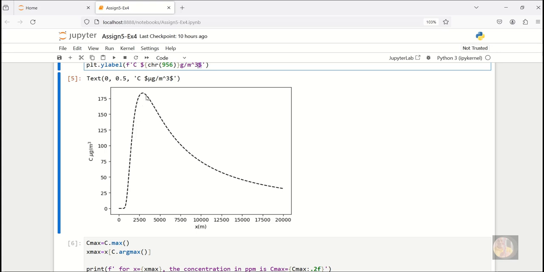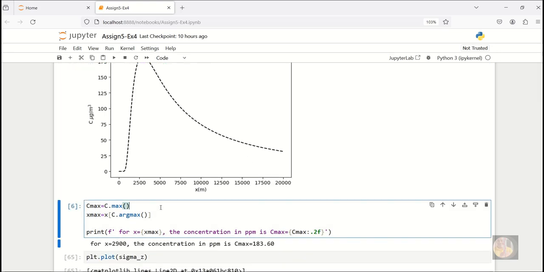As you see, you have this maximum here. The maximum is c dot max if you want the values exactly, and the x max is x of c dot arg max. So c dot arg max gives you